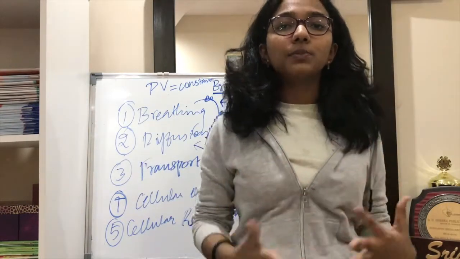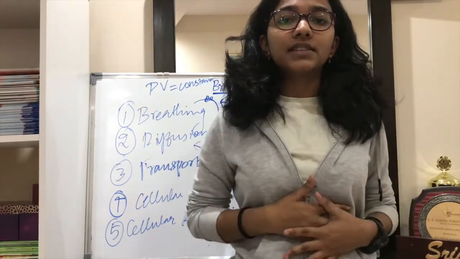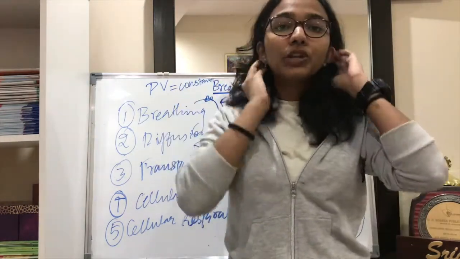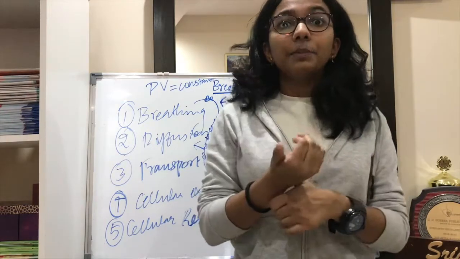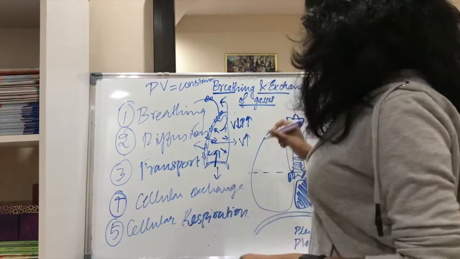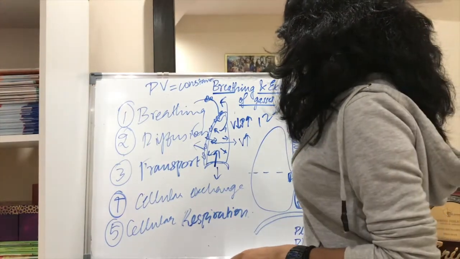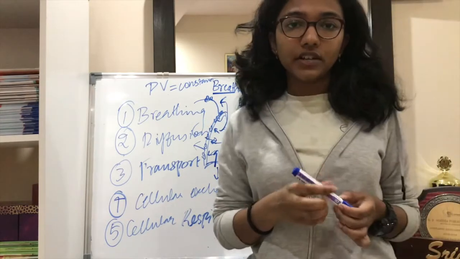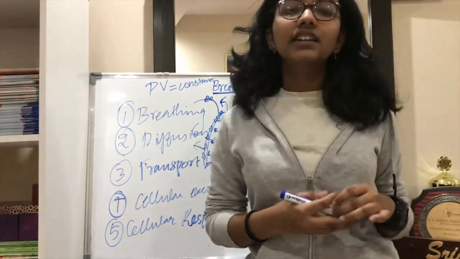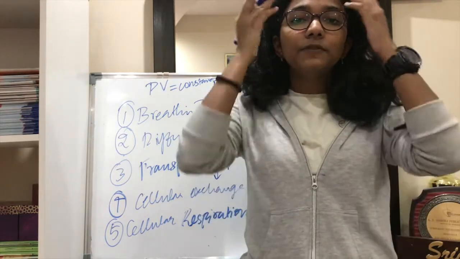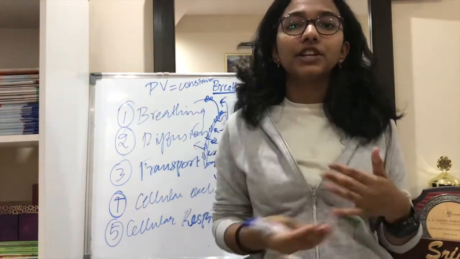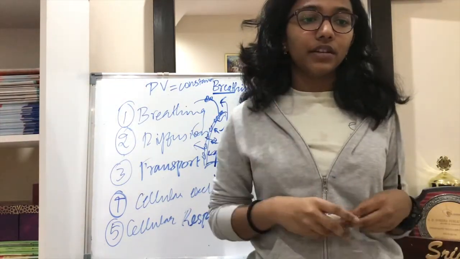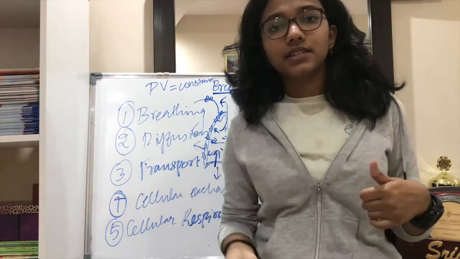Sometimes we can cause more inspiration and more expiration by using some muscles in our stomach, and this is voluntary. Okay, they also help in increasing and decreasing the volume. Now let's come to the breathing rate. The breathing rate in a normal human is 12 to 16 times per minute. And there is this device known as spirometer. So this spirometer is necessary for measuring the different kinds of volumes of air which are inhaled and exhaled. And we learn about the different kinds of volumes which are required in normal medical analysis in the next session.